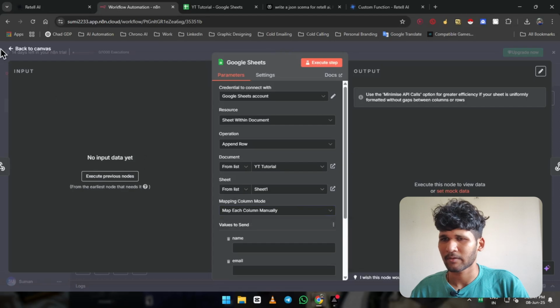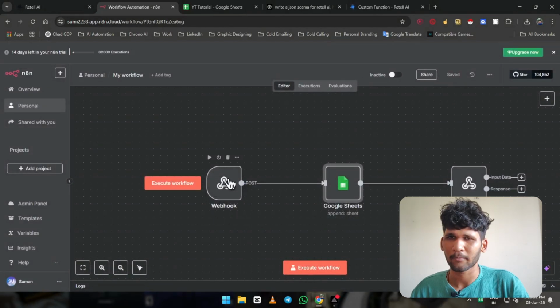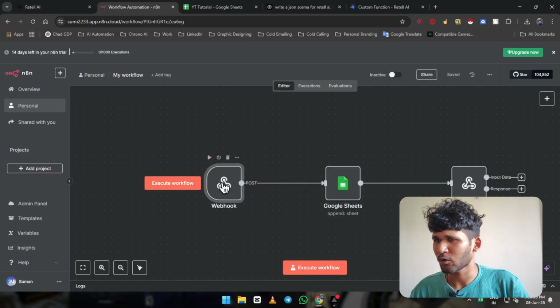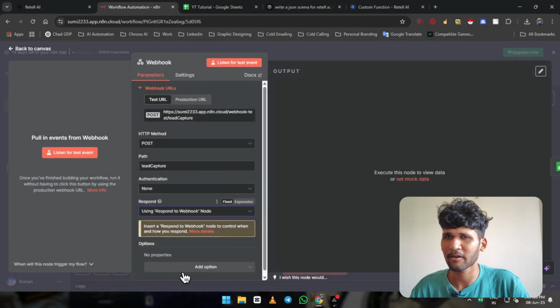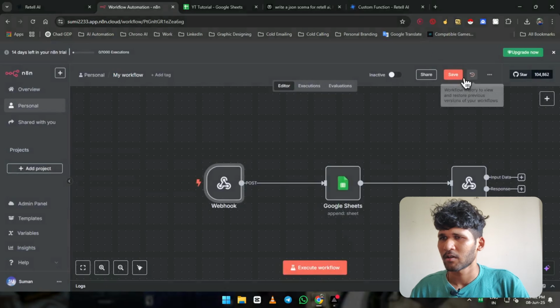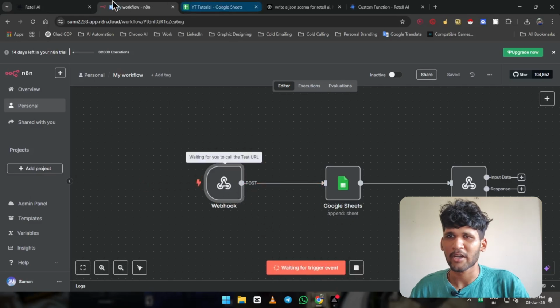Now go back and save. Now you just have to run only this, not the whole workflow. And one more thing, into here respond, you have to set it to using respond to webhook node, otherwise it is going to give an error. Just run it, only this one. Go back and chat with it.